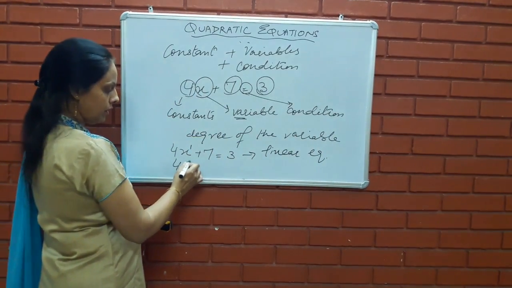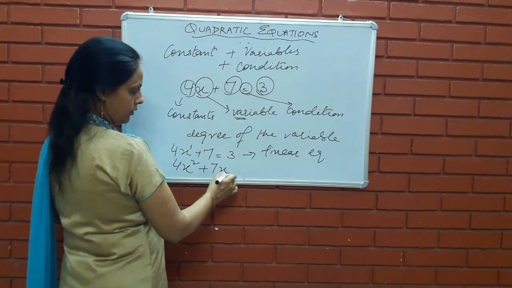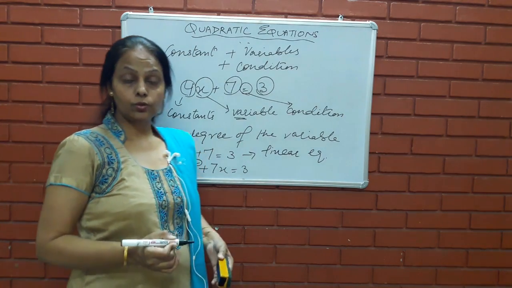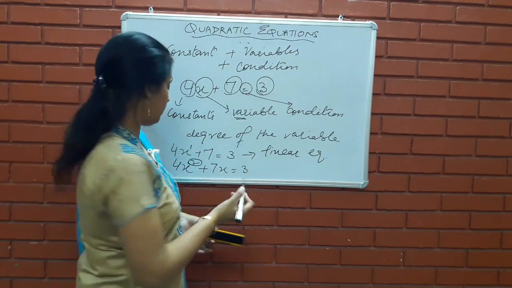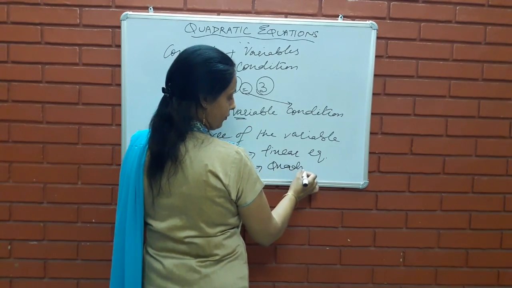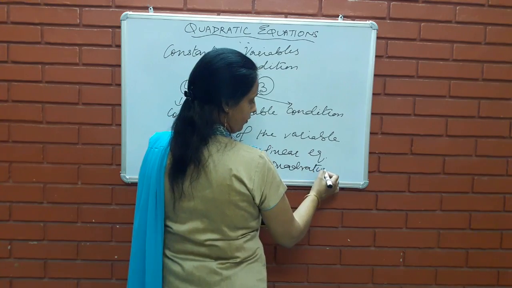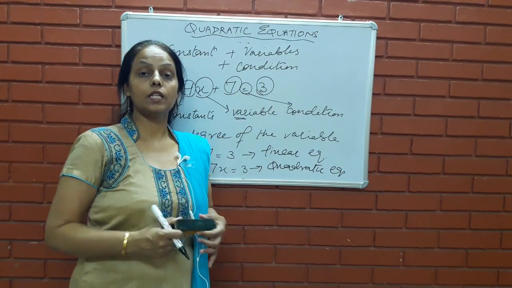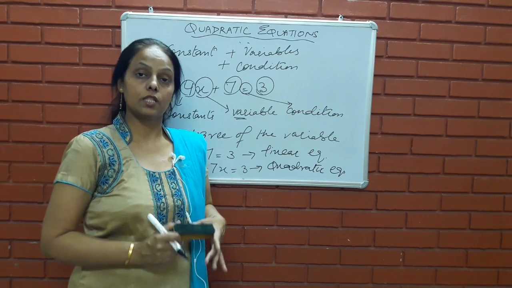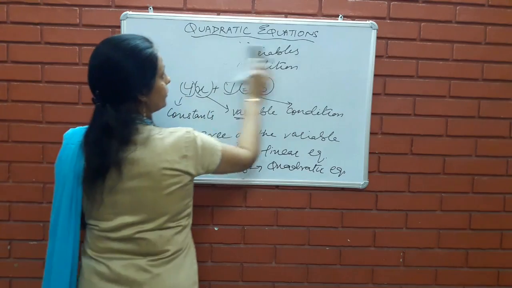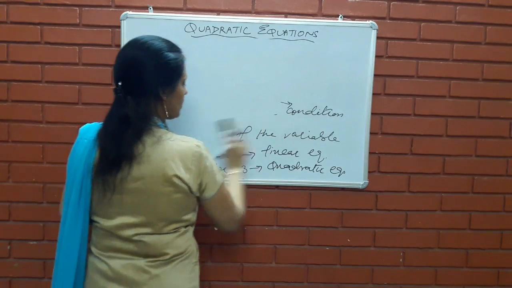If the highest exponential power of the variable is 2, that is known as a quadratic equation. So any equation having the highest power of the variable equal to 2 is known as a quadratic equation. And we can write the quadratic equation as